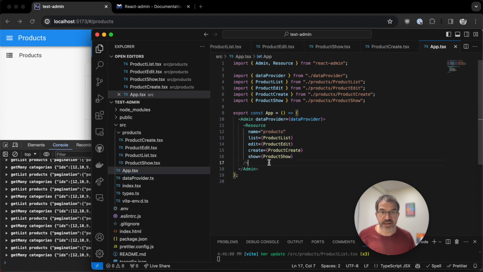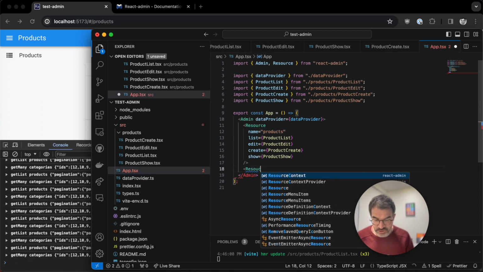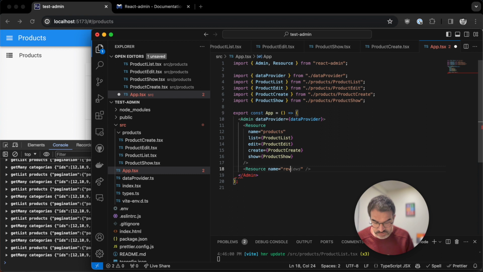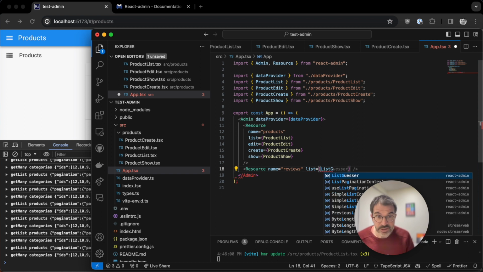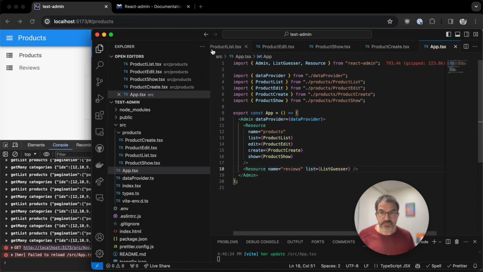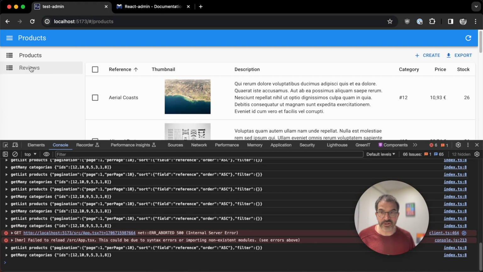So for instance, let's say I add another resource called reviews, resource name equals reviews, and I'm going to use guessers for the list view. I need to close this resource here. And now you can see that I have a list of reviews.